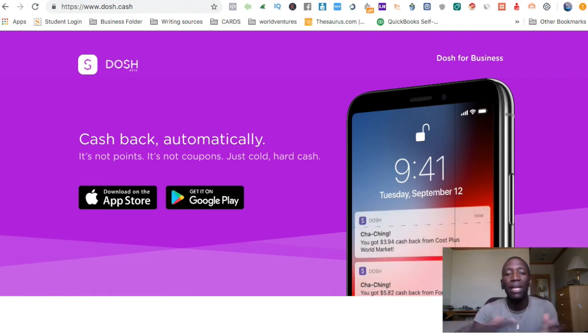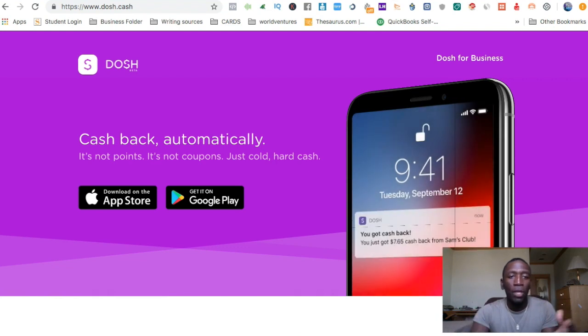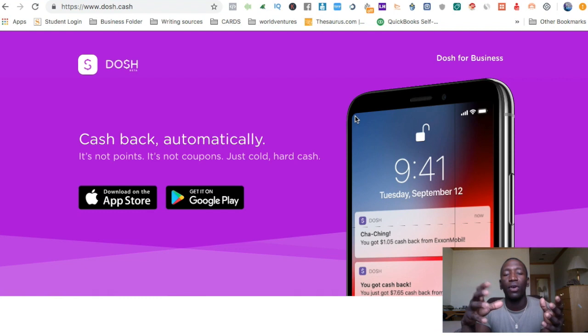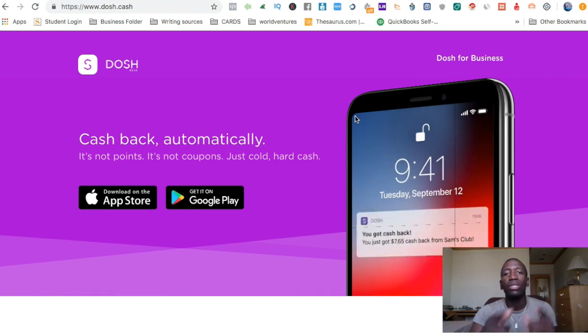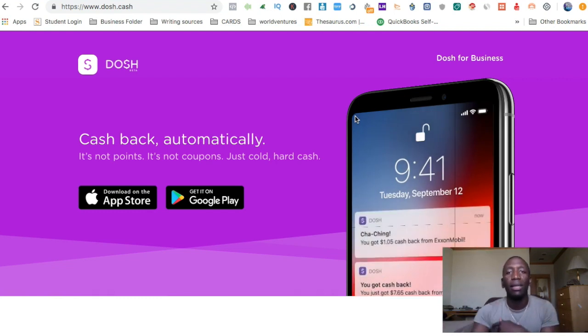It's actually an app that you can download on your phone, and it's a cashback app. So basically all you're doing is downloading the app on your phone. Once you have your account, you're going to link a credit or debit card, okay? No prepaid cards, a credit or debit card. Now, basically anytime you go to any one of their partners, you're going to receive cash back when you make a purchase. And I'm going to show you here in a moment how I was actually able to